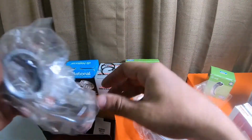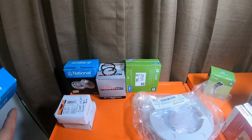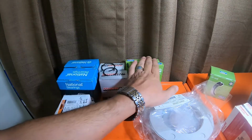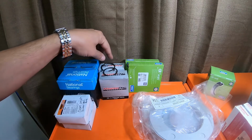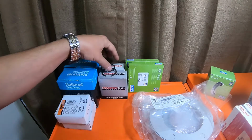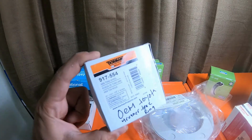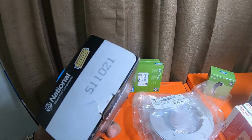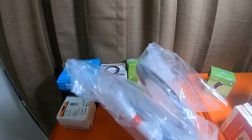But if you are on a budget, my suggestion to get the truck back up and running would be the inner seals from SKF from Napa. $6 a piece, that's $12. 2 of the Master Pro dust boots from O'Reilly's. These are from Toyota, which is why they were $1 a piece. Tone rings from O'Reilly's. The national bearings from O'Reilly's, which is 511021. All of this is $205. If you add these in here, you're looking at $228,